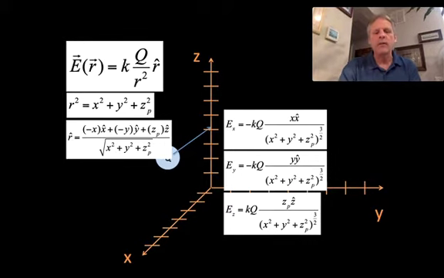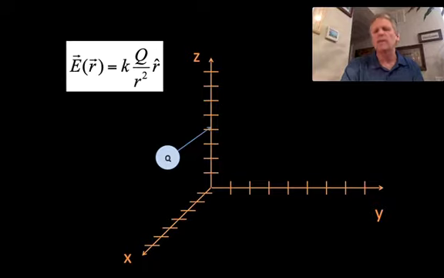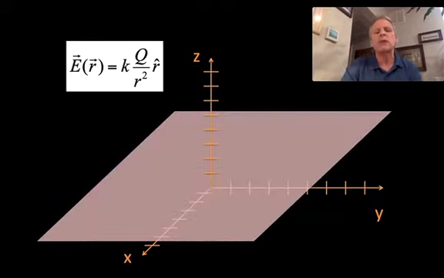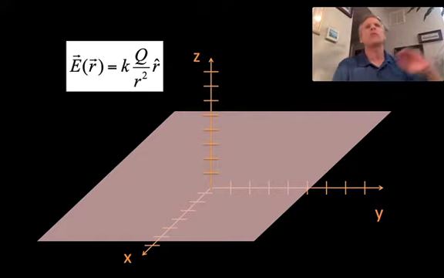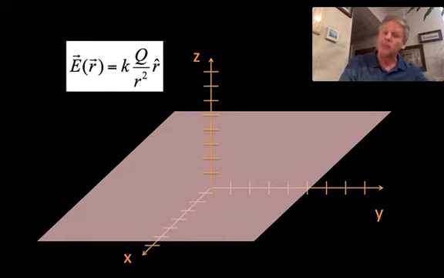All right, so now let's go ahead and do a slightly different problem. Instead of doing this with one charge, let's replace that one charge with a plane of charge that extends in every direction, well, not every direction because it's just a plane, but it takes up all x, y space. So from x equals minus infinity to x equals plus infinity, from y equals minus infinity to y equals plus infinity, this plane covers the entire universe. And we are going to measure,